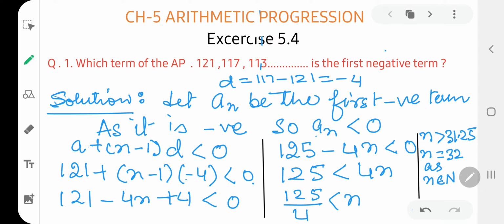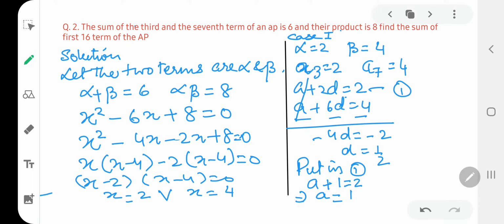Let's do the second question of this exercise. And in this question, the sum of the third and the seventh term of an AP is 6 and their product is 8. Find the sum of the first 16 terms of the AP. So let's see what is given to us. We are given that the sum of the two terms is 6 and the product of the two terms is